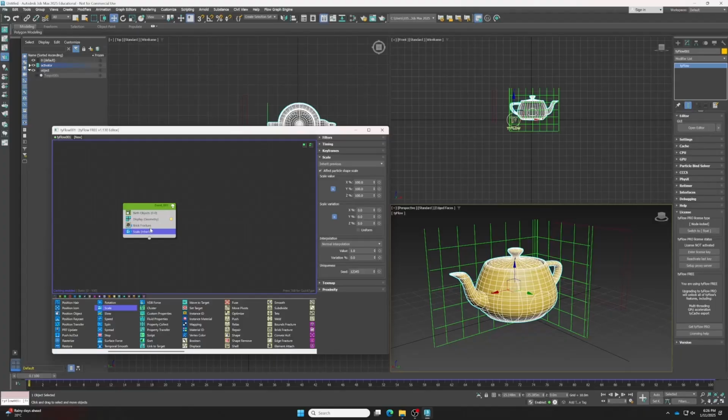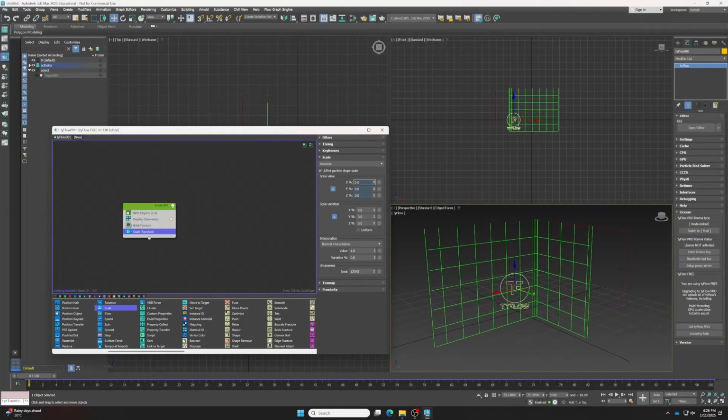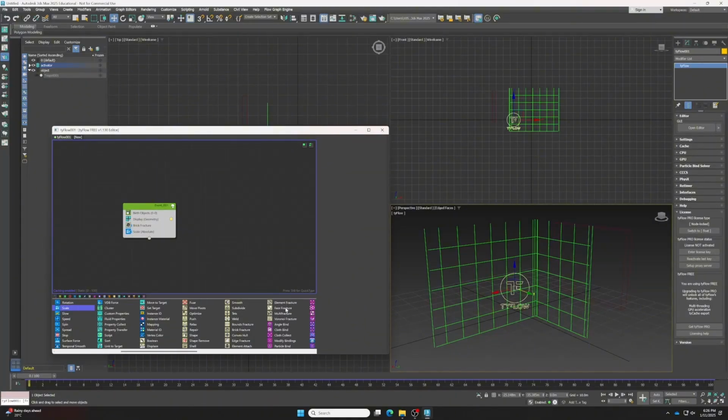And drag the scale operator, set it to absolute and 0. So the first event is I want it to be unseen. That's why I make it 0. And next